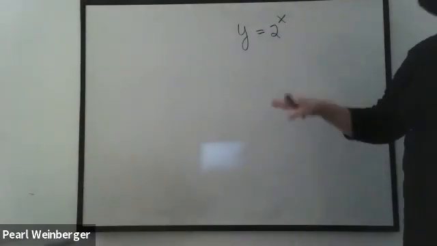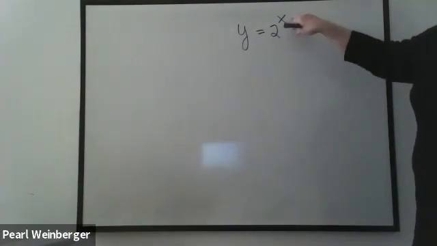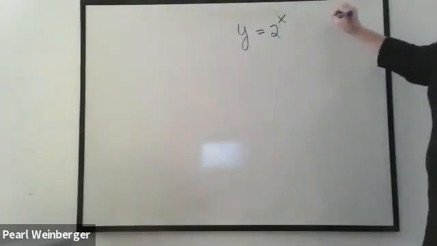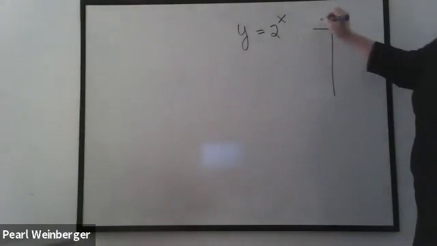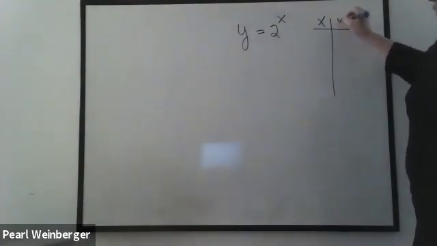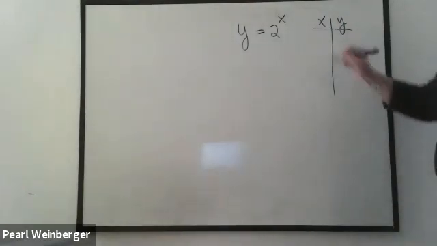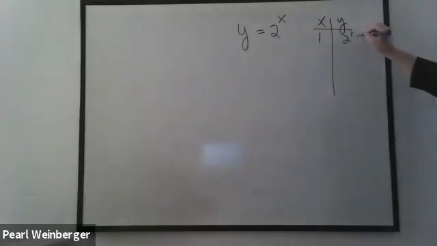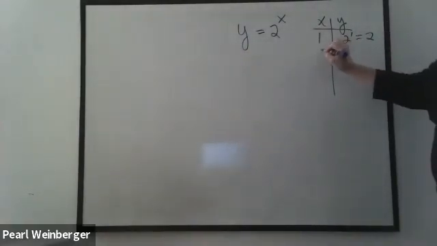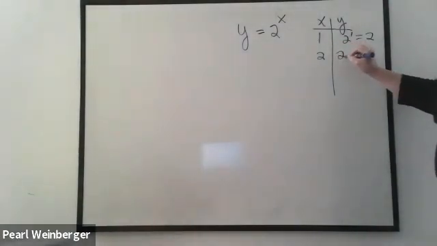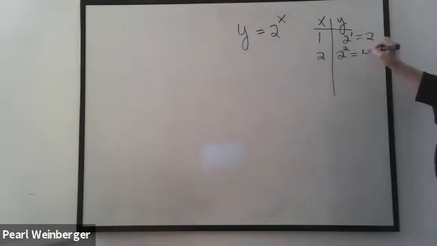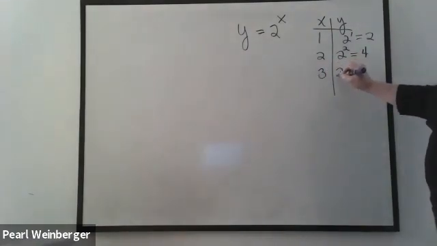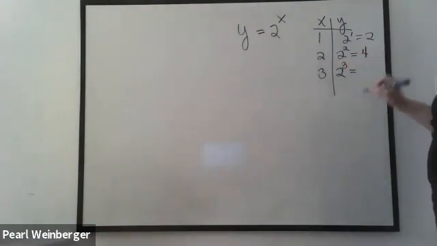That's a number that has the exponent. It must be a positive number. X is one of our variables. Y is our other variable. If I were to make a chart of values for X and Y, for example, I could pick X to be equal to 1. And then my Y would be 2 to the 1, which would be 2. If I pick X to be 2, then Y would be 2 to the 2, which is 4. I'll do a couple of them more. If X is 3, then my Y is 2 to the 3rd, which is 2 times 2 times 2, or